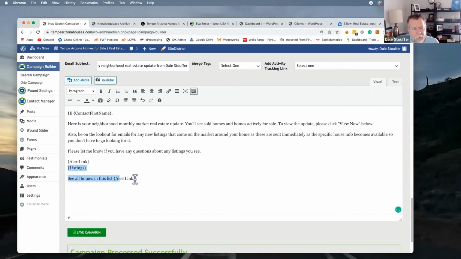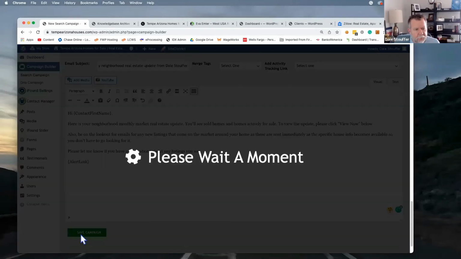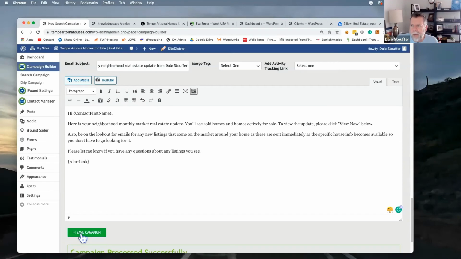And then I'm going to take out the listings and alert links so you guys can see what it looks like. Save campaigns. So now I've just sent myself 2 campaigns exactly the same. They're the same campaigns. I've sent them twice. And then when I come over to my website,